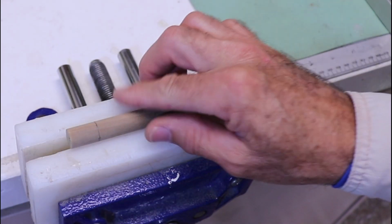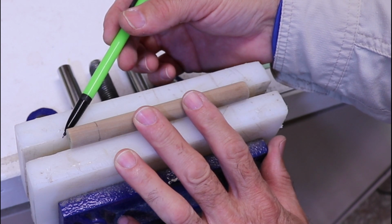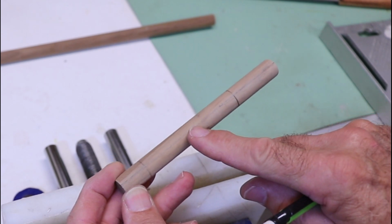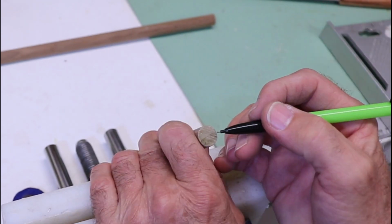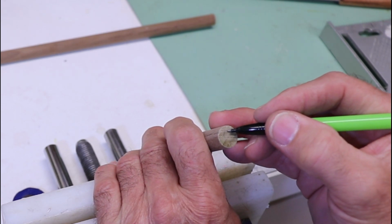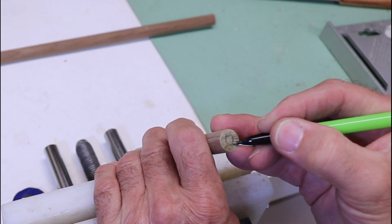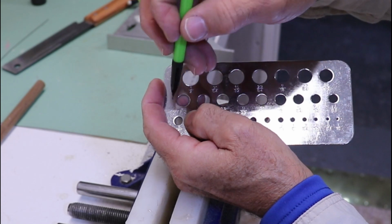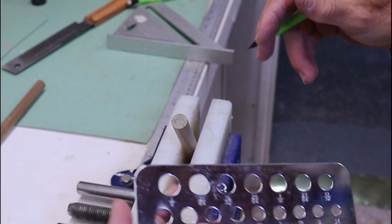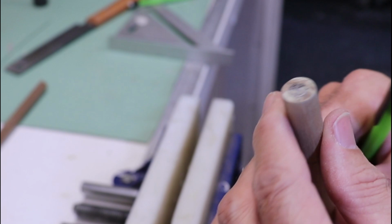Now we just have a couple more lines to draw. First, I just need to draw a line along the length of the dowel, and we're going to call that line the top of the lure. Now I need to set the minimum diameter of the end, which I want to be about 1/4 inch, and you can do this by hand and just eyeball it, or you can get a circle guide. And I have to say my eyeball wasn't too far off. And that works out kind of good. It's not perfect, but